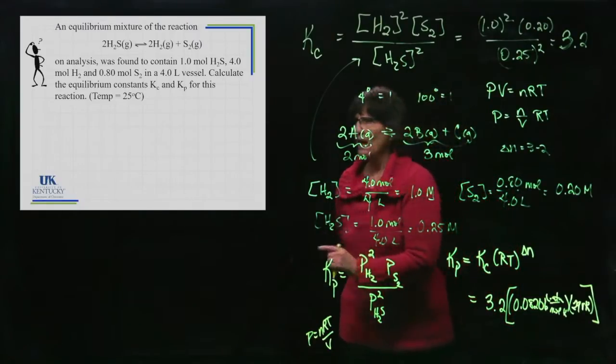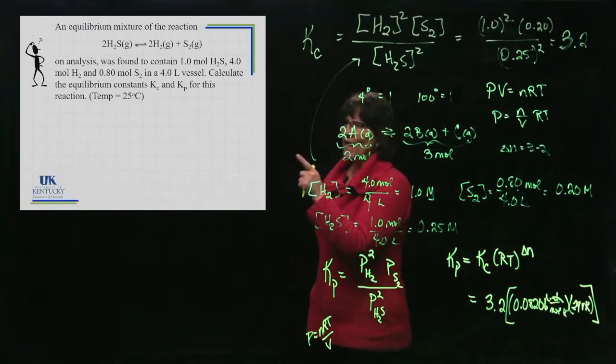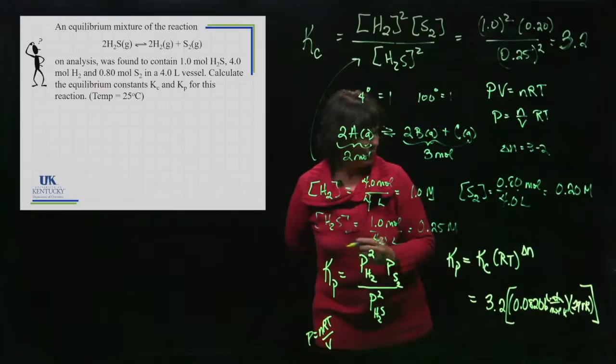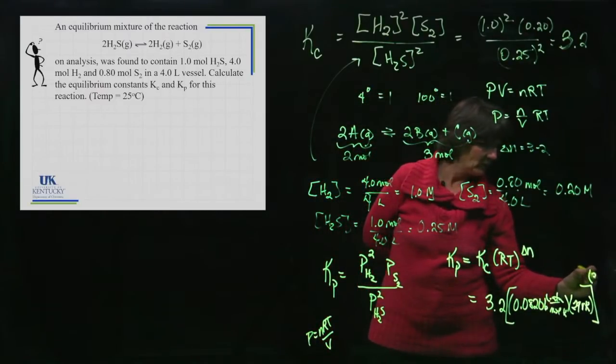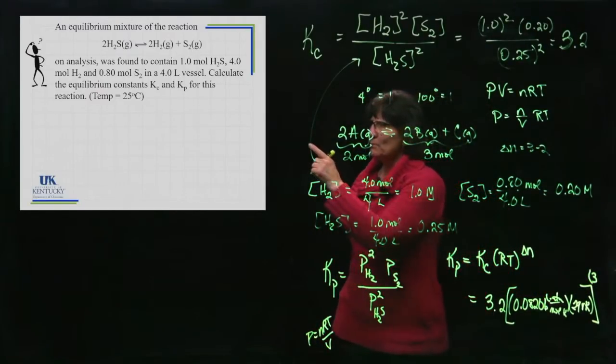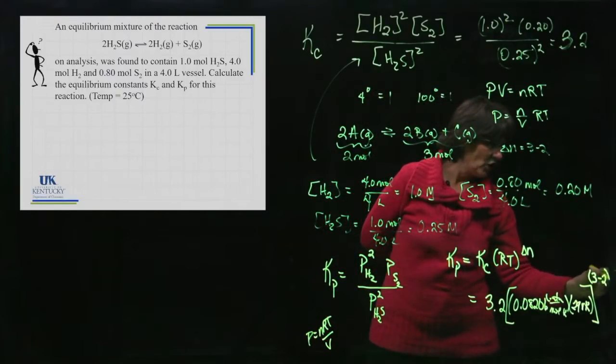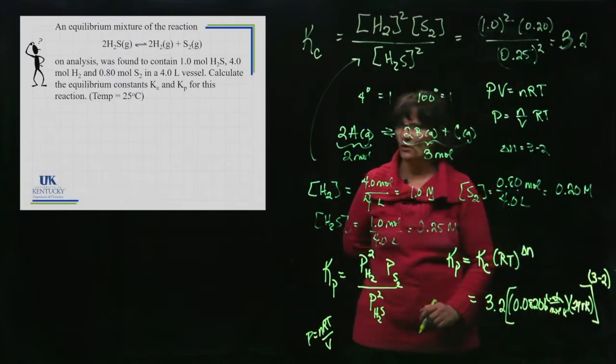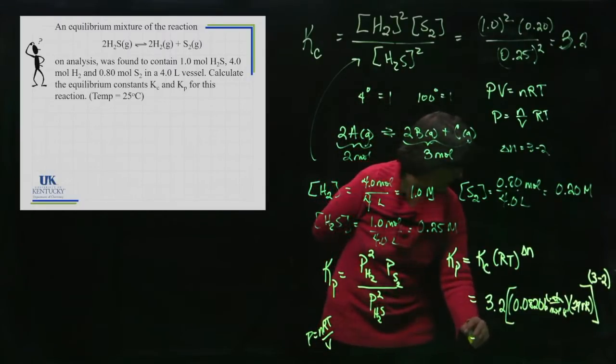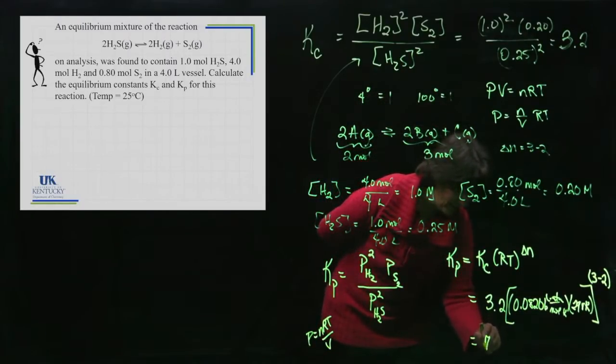So let's look at the reaction there. How many moles of gas do we have on the product side? Well, we have 3 moles of gas on the product side. How many moles of gas do I have on the reactant side? I have 2 moles of gas. So I'm going to raise that to the first power, and that is going to give me a value of